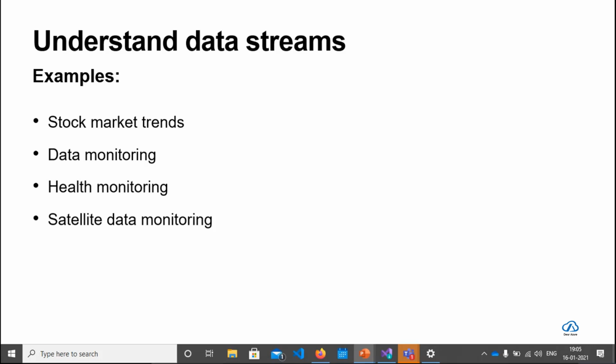So here we go on understanding the data streams. In the context of analytics, data streams are event data generated by sensors or other sources that can be analyzed by another technology. Analyzing a data stream is typically done to measure the state change of a component or to capture information which is said to be an area of interest.